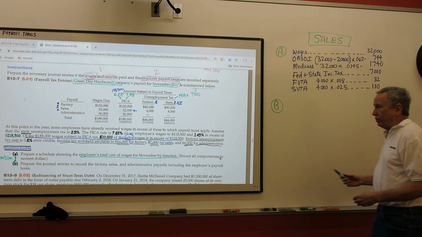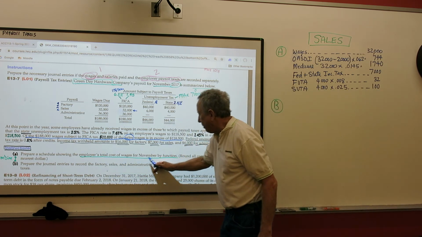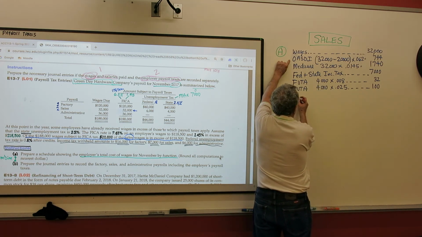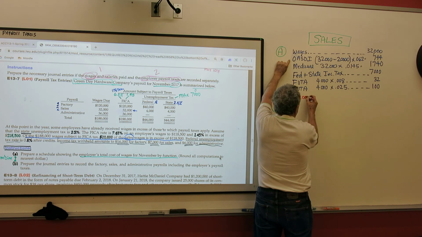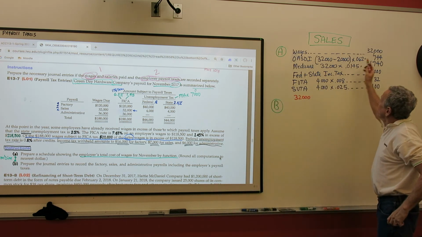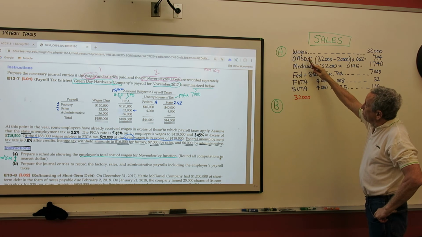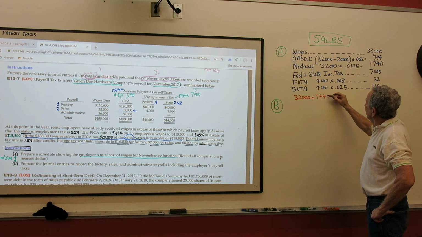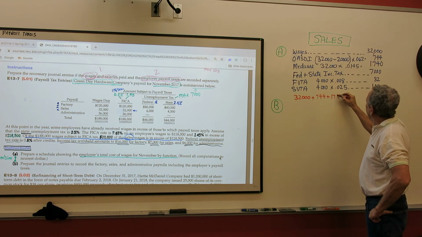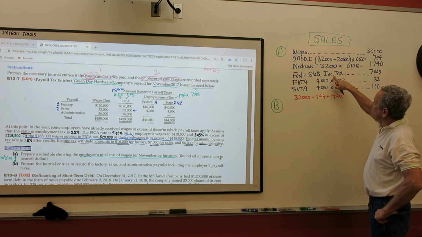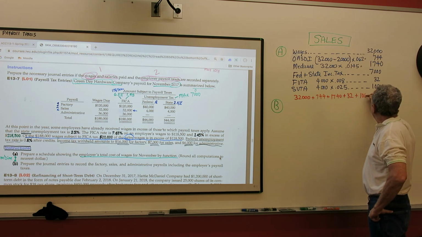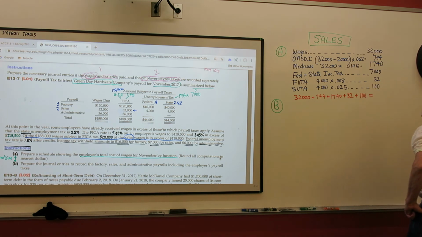Now, it asks, once again, what's the total cost to pay employees? All right, let's go back and do it the same way. What do we pay employees? Well, we pay them their wages. That's $32,000. Does the employer have to match these two? They have to match the 744. They have to match the 1740. They do not have to pay federal and state. That's your personal income tax. They do have to pay FUTA and SUTA. So that's plus $32 and plus $100. So the total cost to run the payroll is going to be,